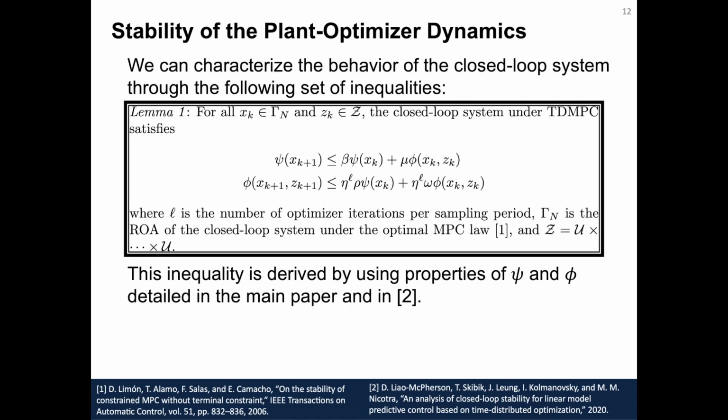So what this allows us to do is analyze the right-hand side of these inequalities and show that the right-hand side actually converges to zero under certain circumstances on the amount of iterations you perform. And of course, if the upper bound converges to zero, we must also have that this quantity that we're bounding also converges to zero itself. And this is the logic by which we're going to try to prove stability of our closed loop system.